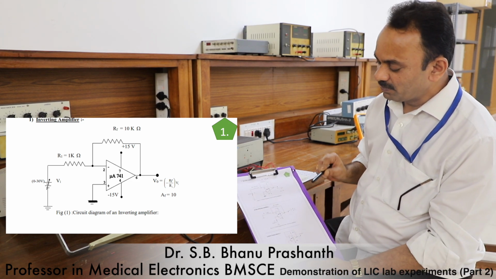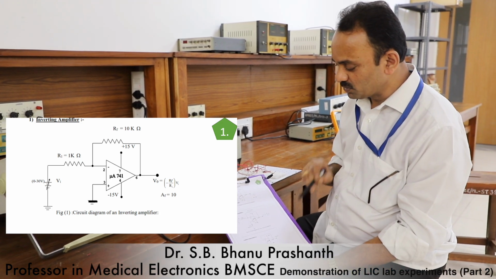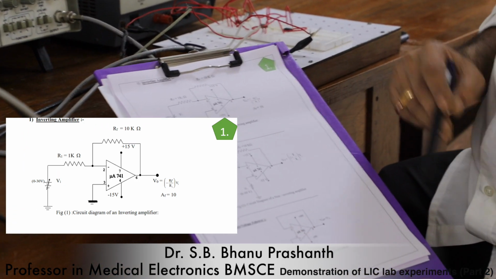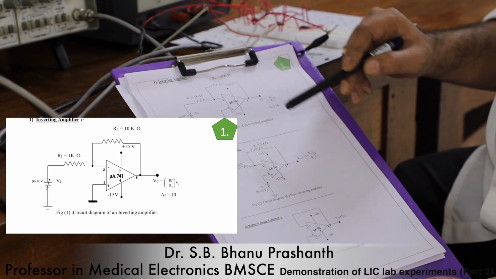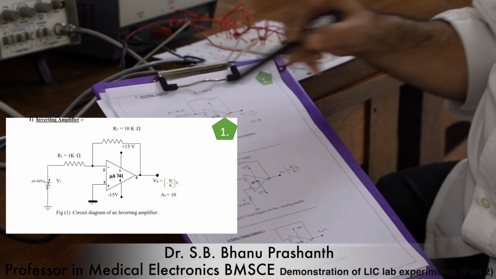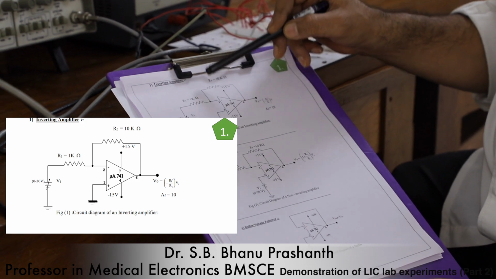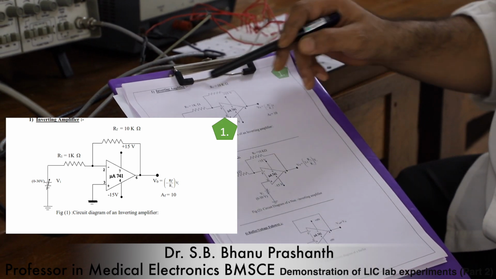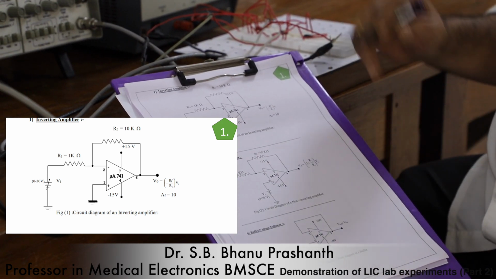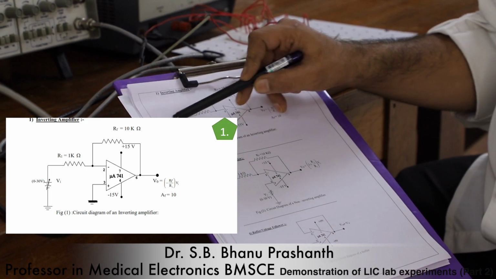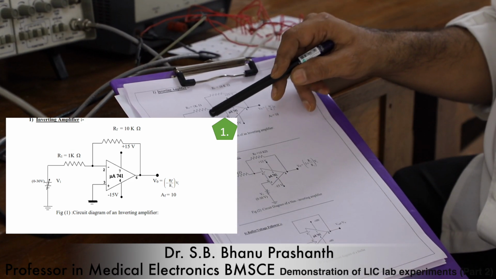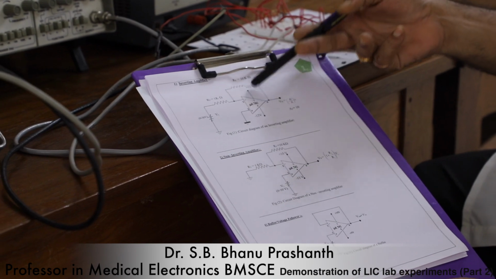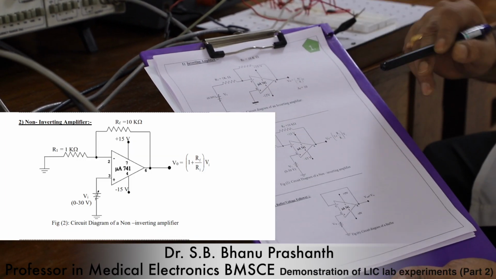As a first experiment, I'm making basic amplifier setups. One is an inverting amplifier, the other is a non-inverting amplifier, and the third is a simple buffer circuit. We know that it's very easy to make the inverting amplifier, which uses only an RF and an R1, producing V0 equals minus RF by R1 into Vin, and because of the negative sign we say it's an inverting configuration, so there will be a 180-degree phase shift between the input and the output. To make the phase shift very clear, though I have shown the DC voltage here in the demonstration now, I'll be using an AC signal from a function generator so that I can easily demonstrate the difference between the inverting and the non-inverting terminal and the kind of phase shift it is going to show.